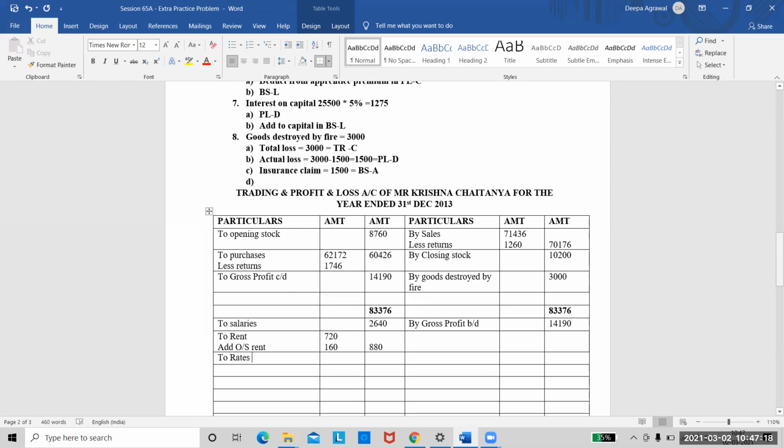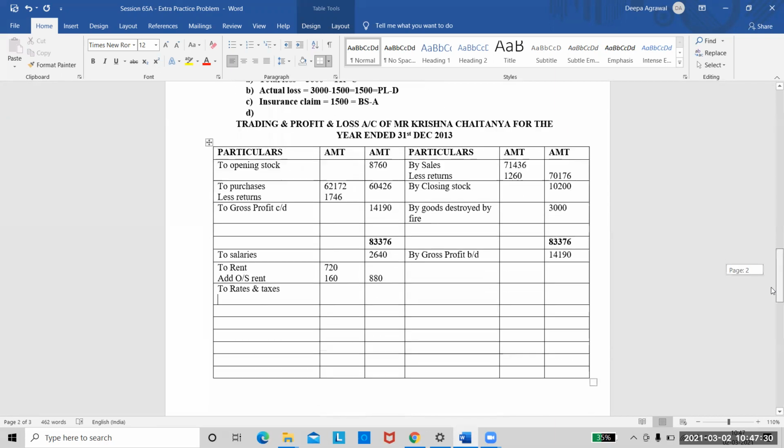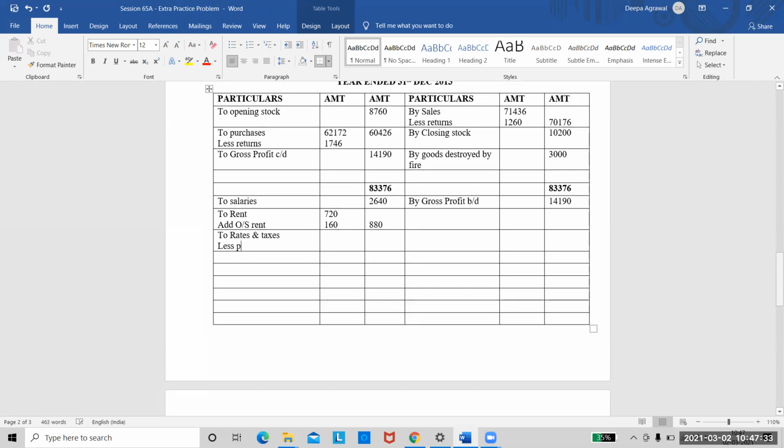After rent, it is rates and taxes. We have an adjustment, right? What is the adjustment? Deducting or adding? Deducting 320 rupees. So less prepaid taxes. What is the value of rates and taxes? 1200 less 320. So tell me in the outer column. It would be 920, is it? 880. Yes, ma'am, 880. Next, move forward to the next one.